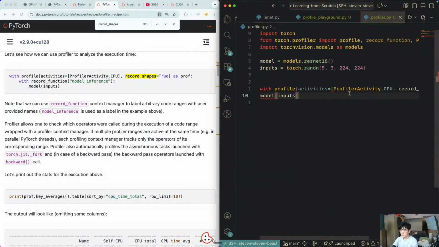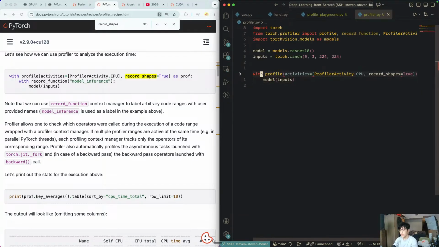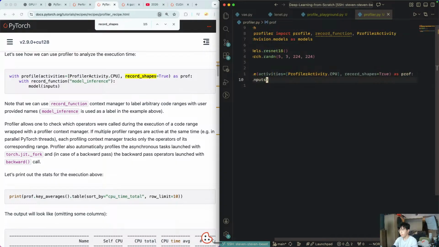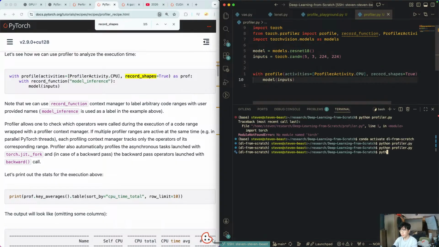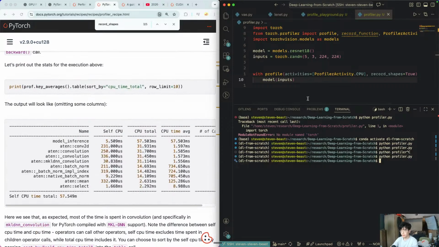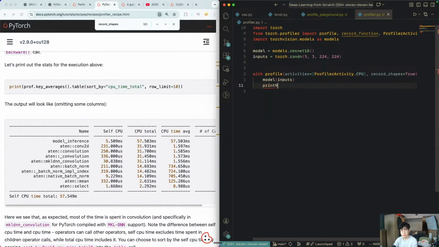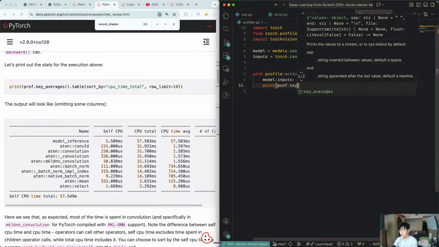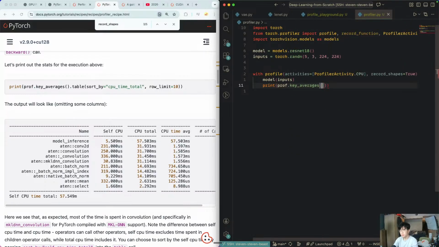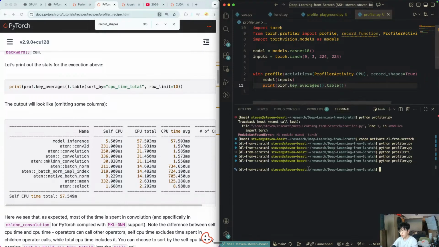Alright, so we're using this. We're just profiling it. Activities. So if we do this profiler, okay, afterwards we need to print the key averages table, and it's gonna tell us